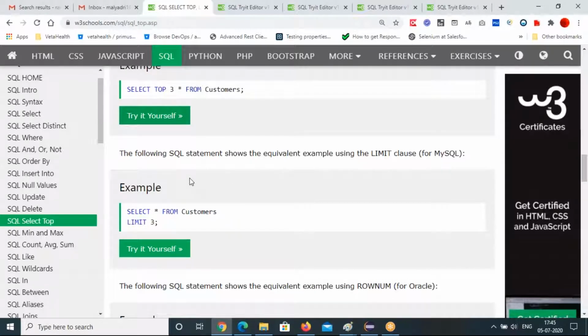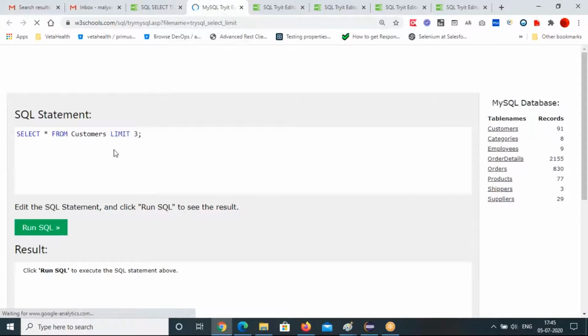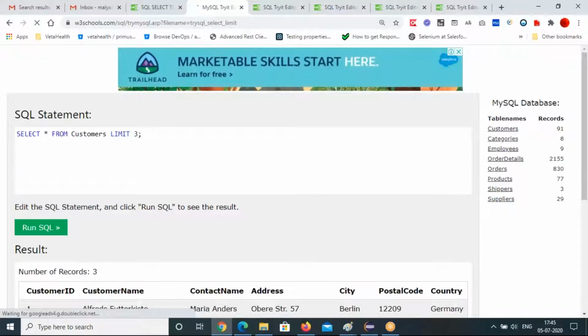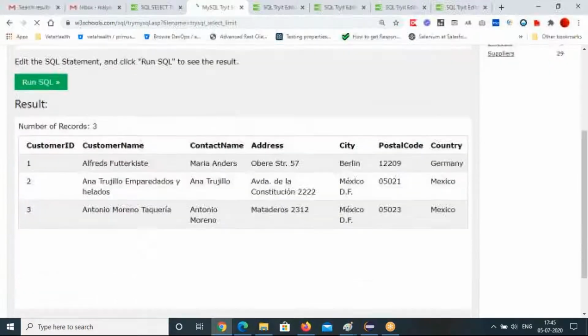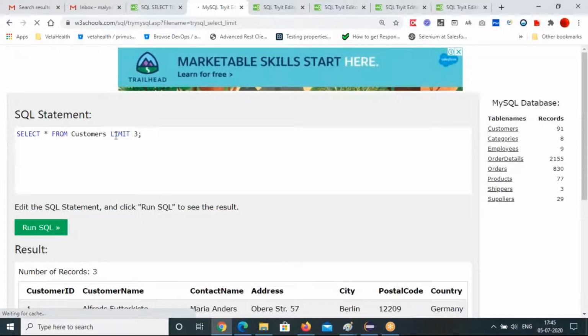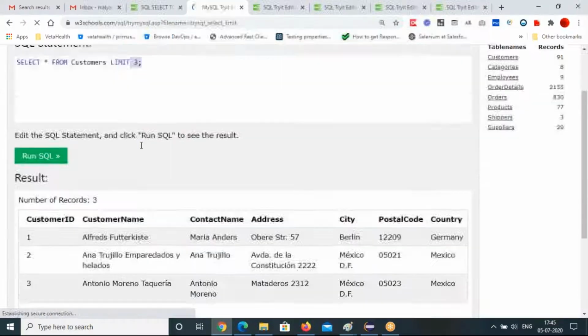This is the same in MySQL: SELECT star FROM Customers LIMIT 3. Try this also for a MySQL database. LIMIT 3 is the same as TOP 3, and it fetches the first 3 rows of data.